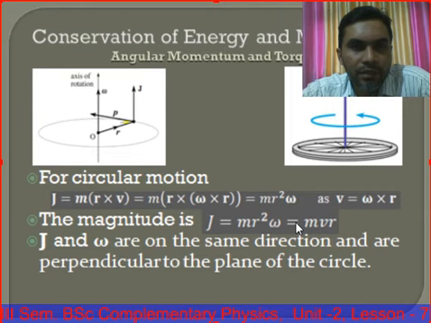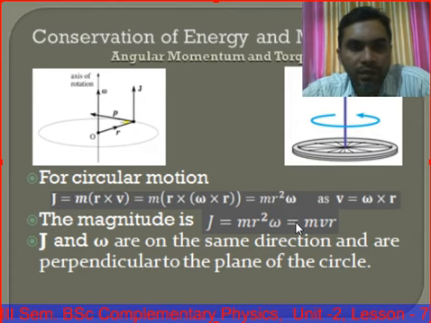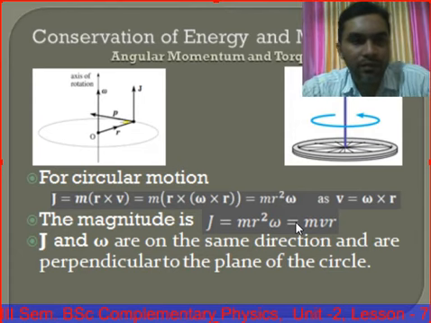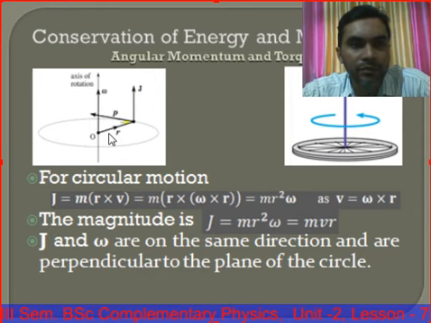We can see that in the case of linear momentum, the linear momentum p will always be in the direction of the velocity v. But in the rotational case, the angular momentum j is not along the same direction as omega. There are some exceptions, but generally the angular momentum j will not be in the direction of angular velocity omega. But here in the simplistic case of a circular motion in a fixed plane, the angular momentum j and the angular velocity omega are in the same direction.